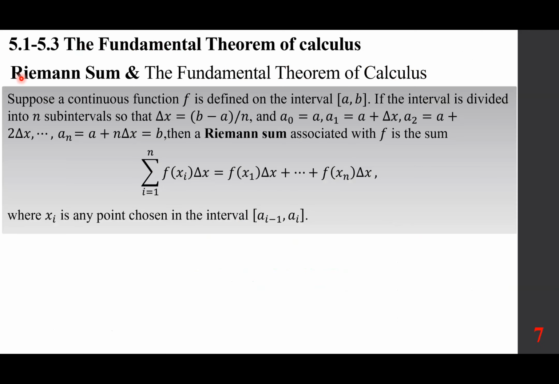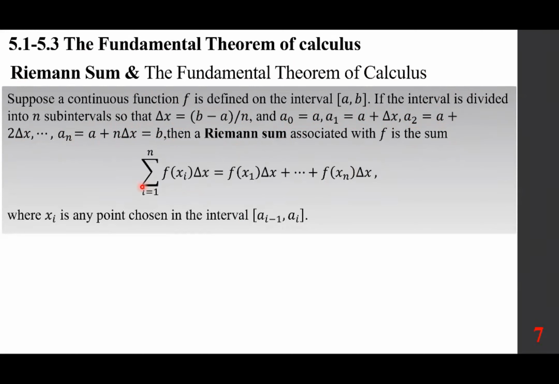So Riemann sum and the fundamental theorem of calculus, we've seen this already, so let's quickly recap. Suppose a continuous function f is defined on the interval of a to b. If the interval is divided into n sub-intervals so that delta x is b minus a over n, and a sub 0 is a, a sub 1 is a plus delta x, a sub 2 is a plus 2 delta x, all the way to the last one, b, which is a sub n or a plus n delta x, then